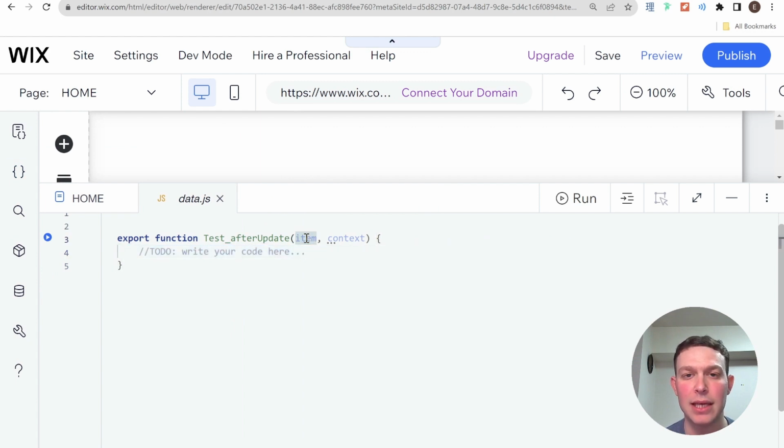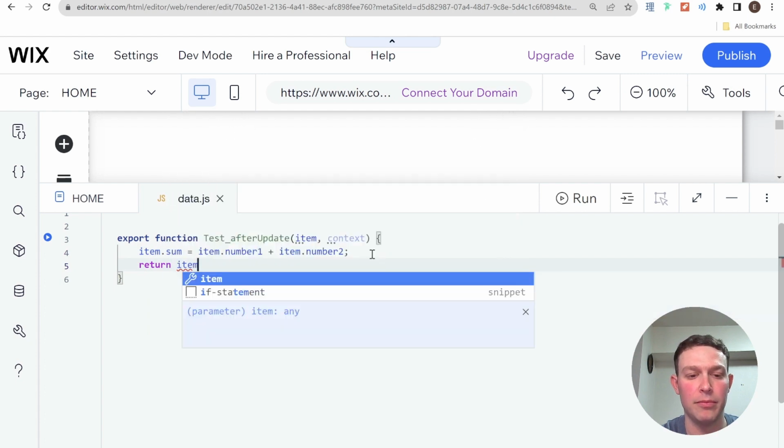So this item is the item that is after the update. Okay, and this will have all of the fields of that specific item. And then basically what I can do is just say, for example, item.sum equals item.number1 plus item.number2. And this will take the current item number 1 and number 2, add them together, and then assign them to the value of sum. And then here at the end, all I have to do is return item,